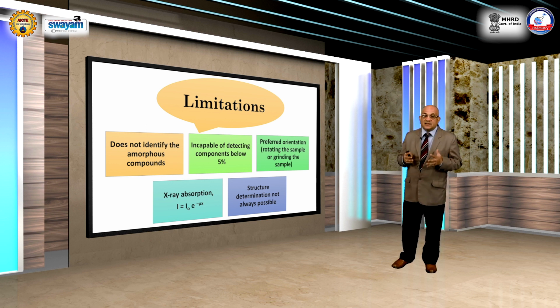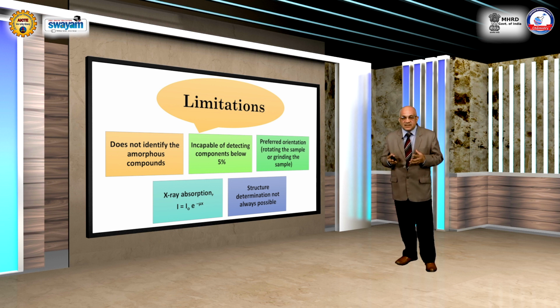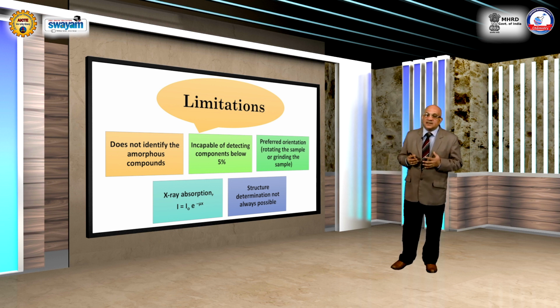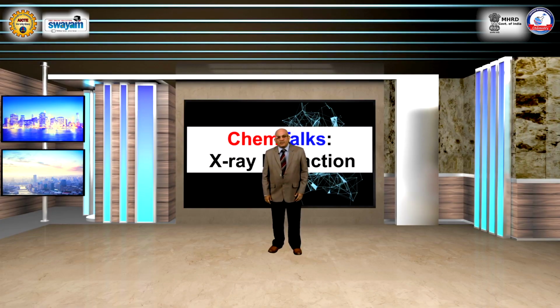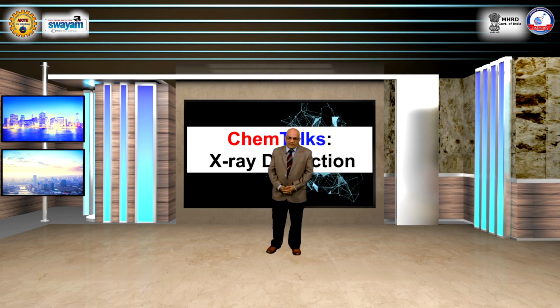That is another technique which uses X-rays, but it uses single crystals, and structure determination is much easier. So, we have come to the end of this 2 lecture module on X-ray diffraction, where we saw how